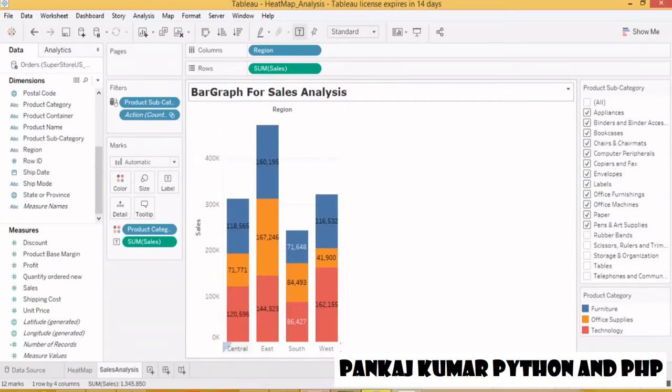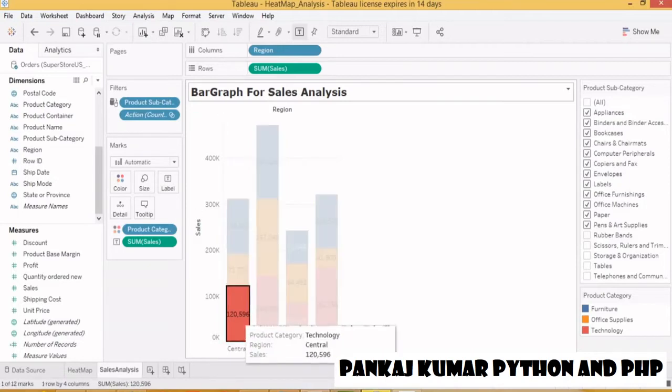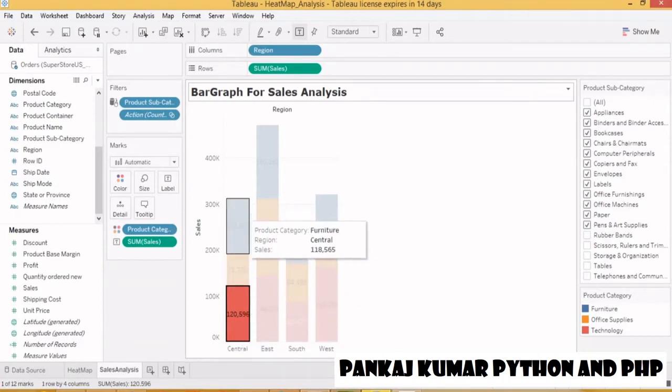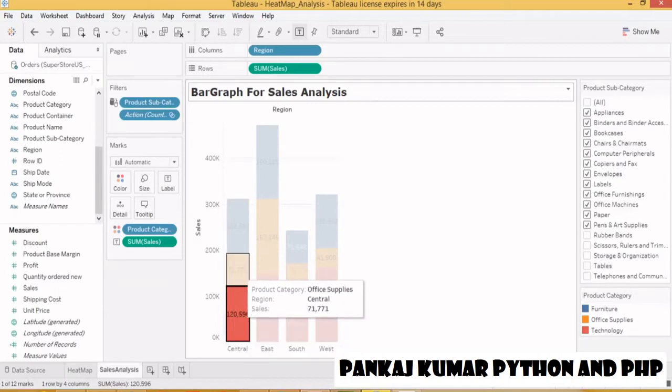have plotted the bar graph for 4 regions. Okay, but I just want to analyze how the sales and profits are changing only in the central region. So what I'll do, I'll just select the central. Okay, so when I select the central, besides displaying only the central bar graph, it should have an impact on other visualizations as well, other graphs as well.